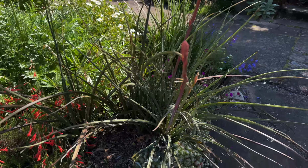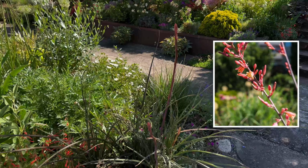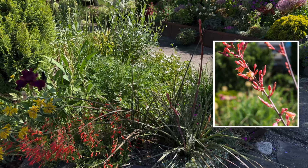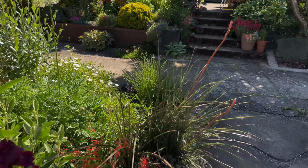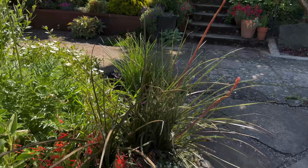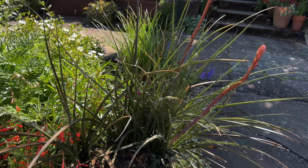And this year I'm getting some decent flower on it. So these are just starting to emerge, and then they're going to be these kind of simple red flowers that last a long time, and the hummingbirds are going to flock to them, and it's just going to be kind of fun to watch. It's open and kind of transparent, not heavy, in terms of trying to get this kind of strappy